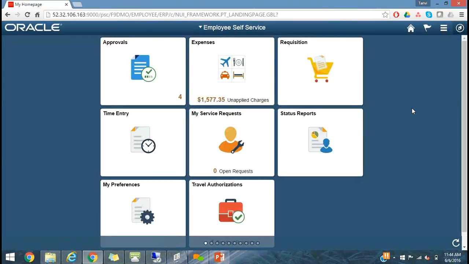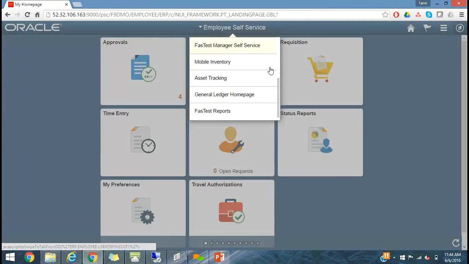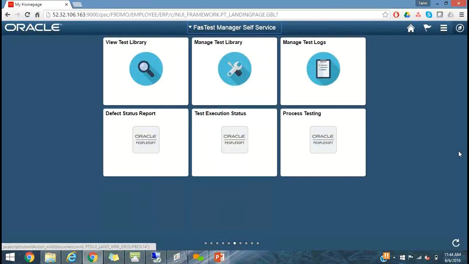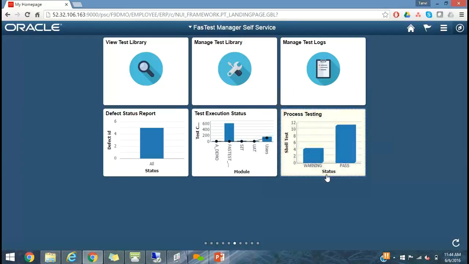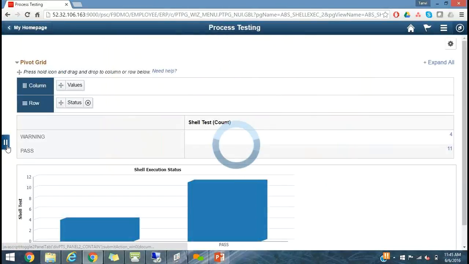So I'm logging into our FSCM instance. It's on 855, and we have reports that we have specially built for testing, for reporting on the test metrics or the test execution that happens within PTF. So it's completely integrated with the tool. Every time you run a test, every time you add to the test, the tiles that you're seeing here reflect the exact status. So to give you an example, this shows the process testing. We just executed a process, and this report will give you live metrics of that.